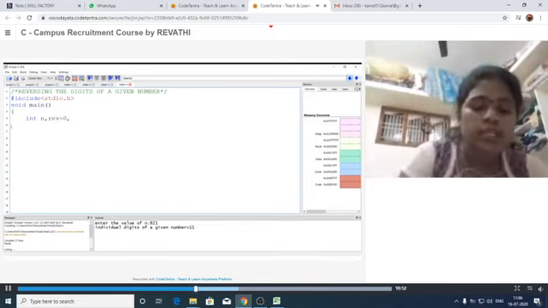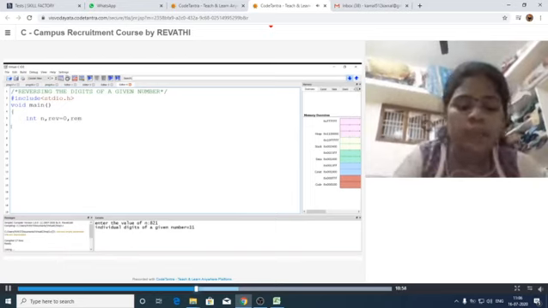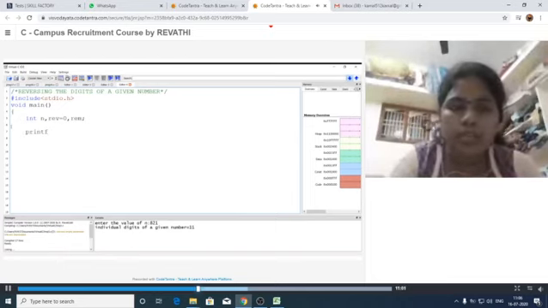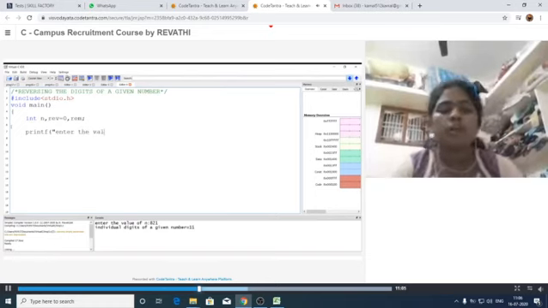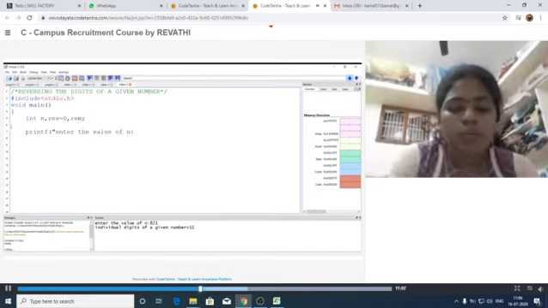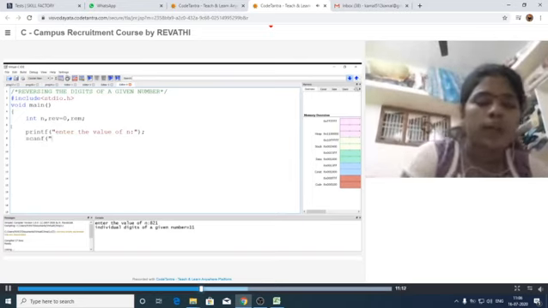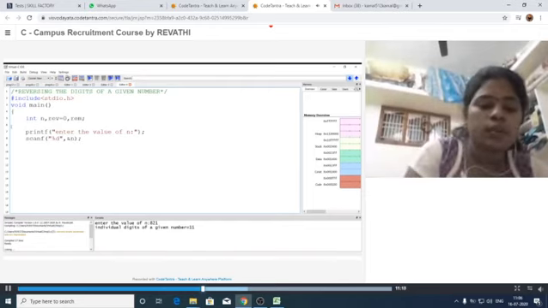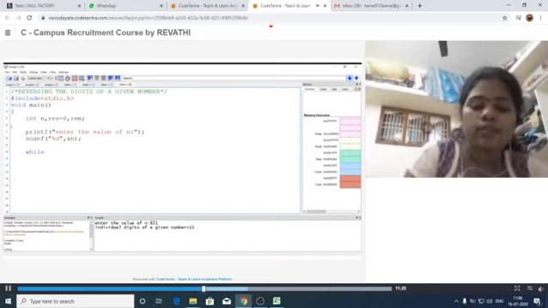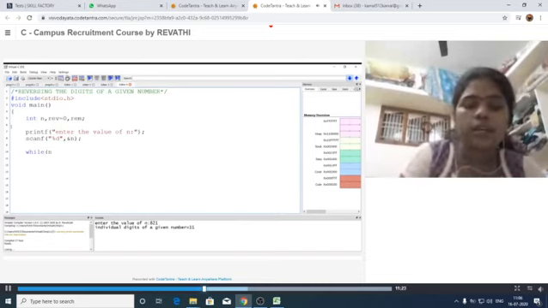Let us take the integer data type. Next, for input n, and for storing the result, I am taking reverse is equal to 0. Initially, we have assigned it some value. Next, let us take another variable, that is remainder here. Now read the value from the keyboard. What statements can we use? Printf and scanf here. So printf enter the value of n. Next, scanf %d ampersand n.